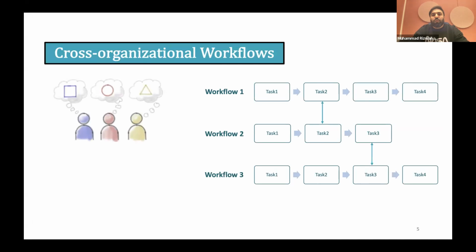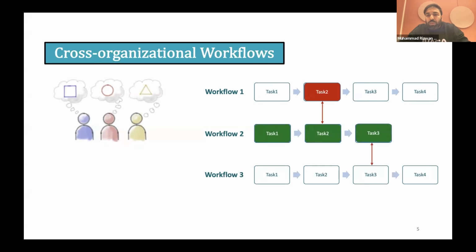A domain expert or planner for workflow 2 makes some changes in workflow 2, for example, in task 1. Though this change is for the betterment of workflow 2, as workflow 2 is connected and sharing resources with workflow 1 and workflow 3, this change can propagate negative impacts on the other collaborating workflows.